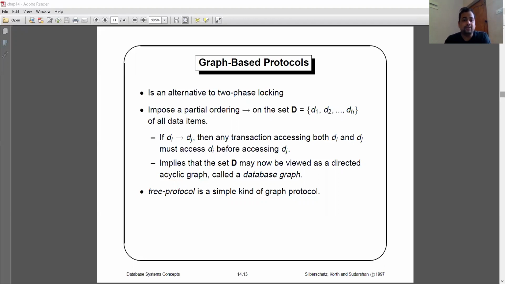So the item will fail. Now this item will fail. It cannot get the data item A. Why? Since it has already been associated with the transaction T1, and T1 is not performing any unlock operations. Okay. So after this, these are the sequence in which we have to perform. This is the first, second, third and last one.